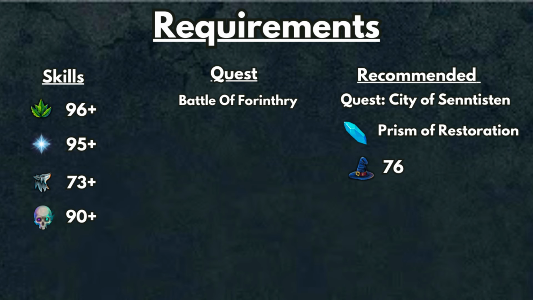Herb Lore, 95 plus Prayer, 73 plus Summoning and 90 plus Necromancy. This is a Necromancy only guide, so I won't be adding the other combat styles to this guide. The quest is Battle for Infri. You need to complete the quest line for this boss. And the recommended quest I have is City of Statistans, so you can unlock Prism of Restoration, which requires 76